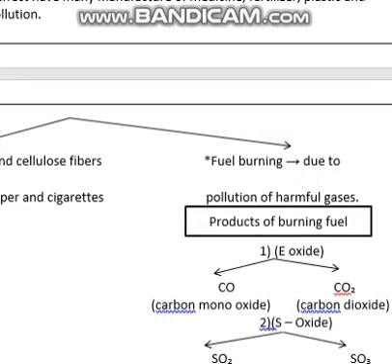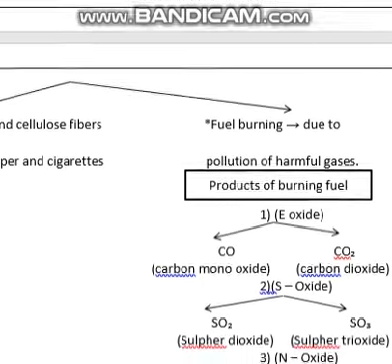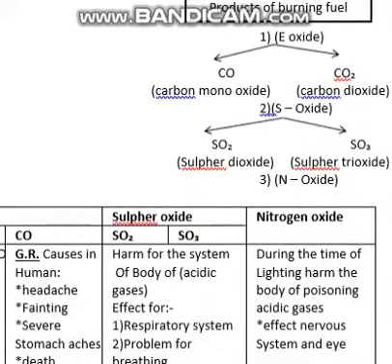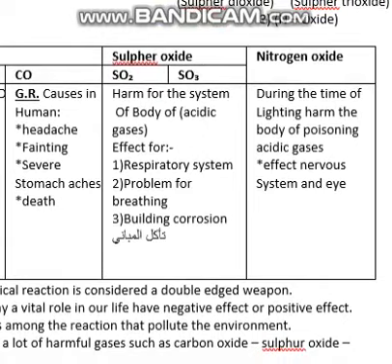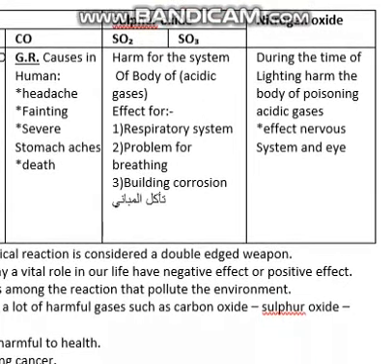Fuel burning also causes pollution, and when you burn fuel you produce three kinds of products: carbon oxides, sulfur oxides and nitrogen oxides. The carbon oxides come from two types, carbon dioxide and carbon monoxide. Carbon dioxide increases in percentage and leads to an increase in temperature, causing the greenhouse effect or global warming. When you permit penetration